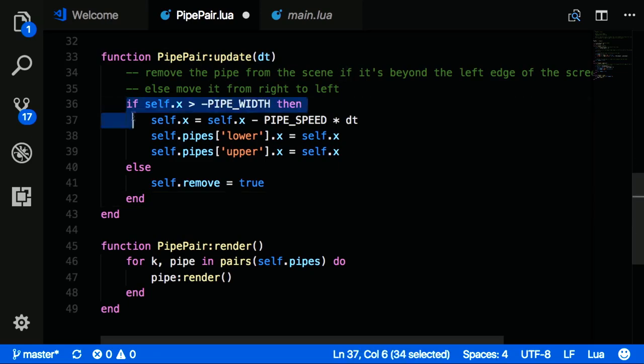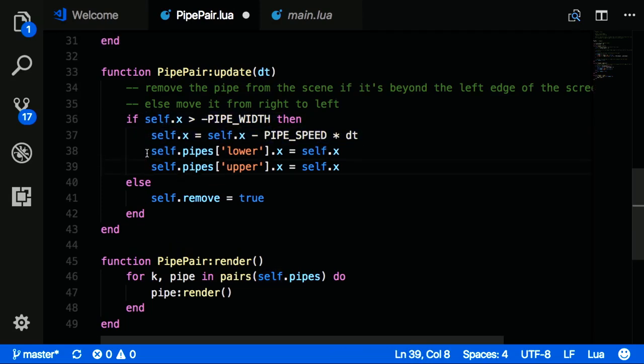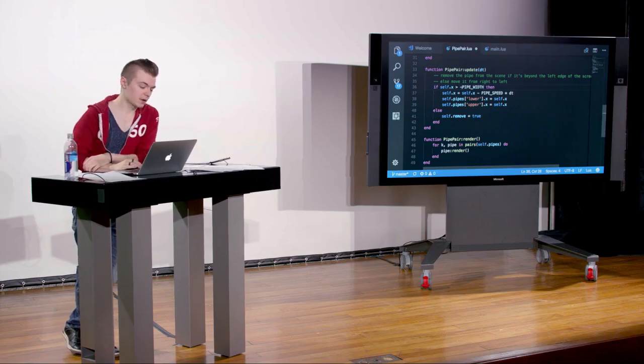So we still want to defer a lot of that code to the pipe class, and we want to update the pipes based on whether we want to still keep track of their own x and their render functions. And so we're going to see if our pipe pair x is greater than negative pipe width, which was the same exact logic that we were using before, set our own x to